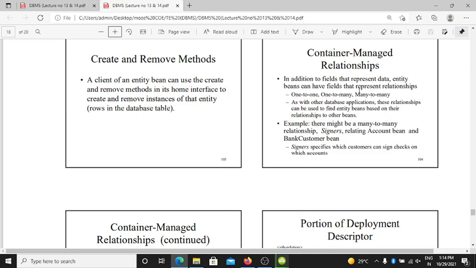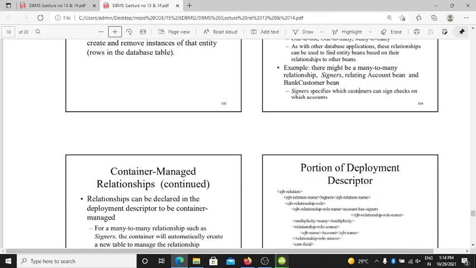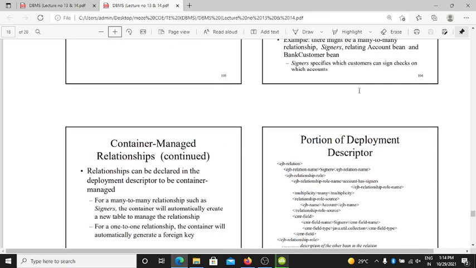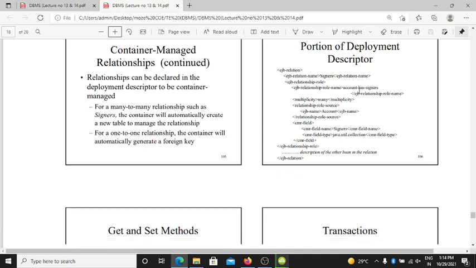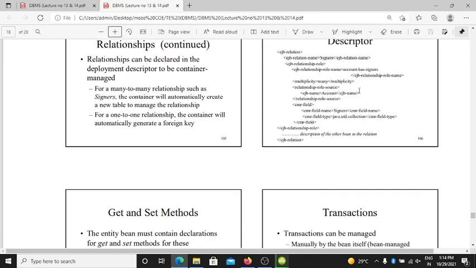As with other database applications, these relationships can be used to find entity beans and their relationships to other beans. An example is a many to many relationship, say relating the account bean and the customer bean. It specifies which customers can sign checks on which accounts. Container managed relationships can be declared in the deployment descriptor.